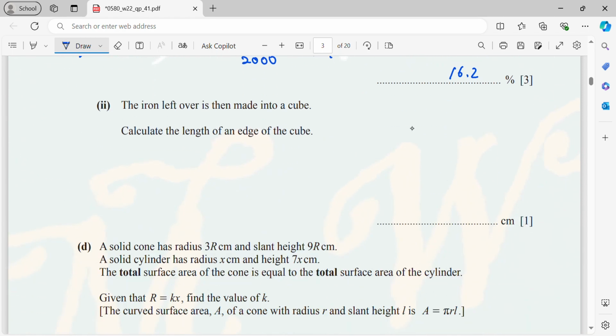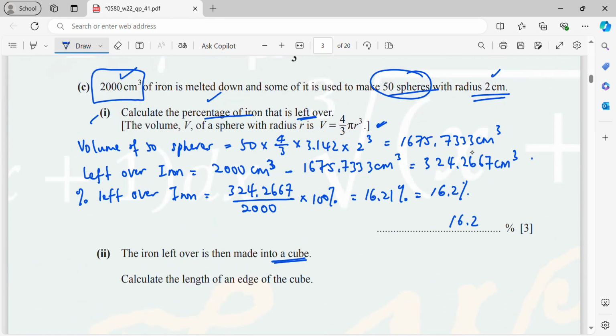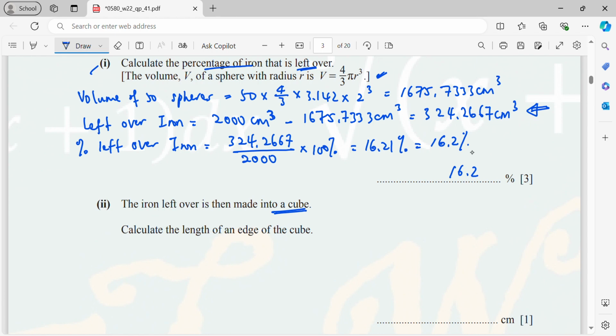Now, part 2, the iron left over is then made into a cube. Calculate the length of an edge of the cube. Okay, so the leftover will be this much, right? So from here we know that this is a cube. Cube means it will have all same base, all same length, right? Therefore, I let